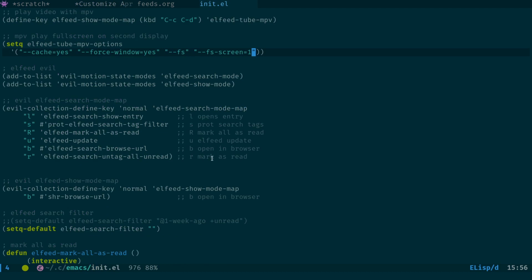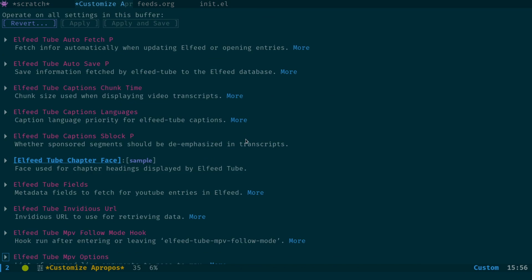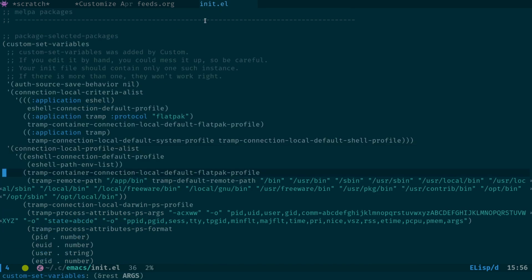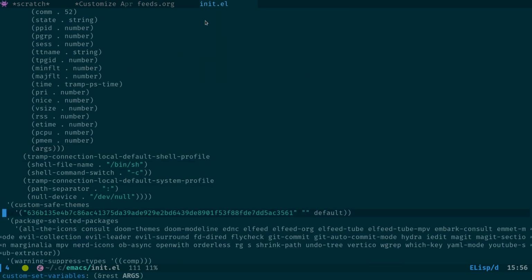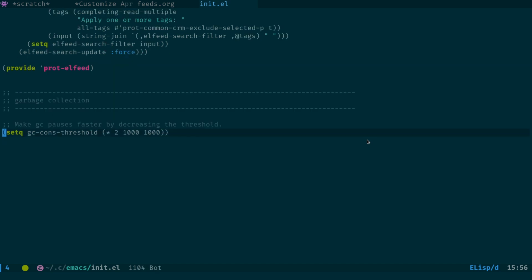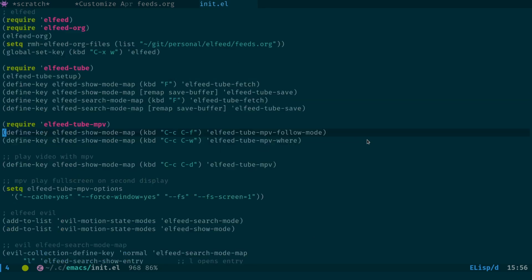And remember, when you do the customizations, and you apply and save, what happens is they will actually show up under this custom set variable. They'll show up down the bottom down here above your custom safe themes, and you can see the way they show up is like a single comma and then the thing there. And basically what you do is just change that to, if I come up here,